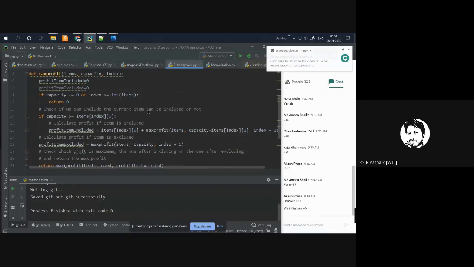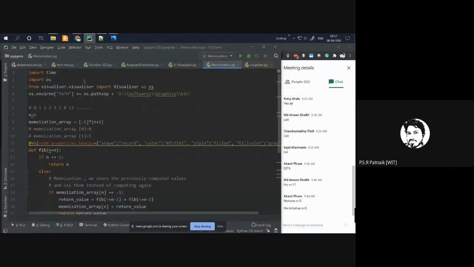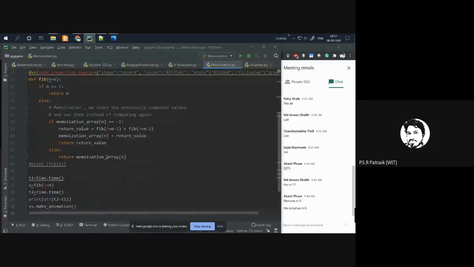Before I apply memoization to it, let me know if whatever we saw for this program is clear to you or not. So now, is the concept of memoization clear to you as of now? If it is very clear, we will move to 0-1 knapsack and we will now try to memoize the 0-1 knapsack recursive approach.